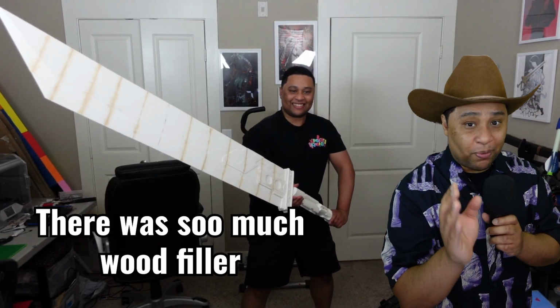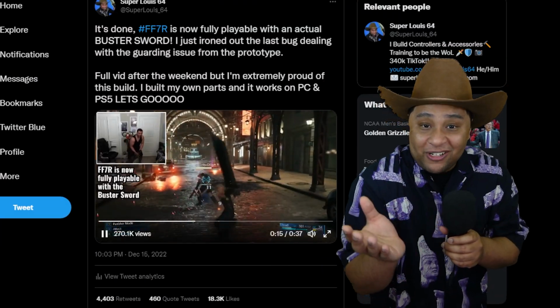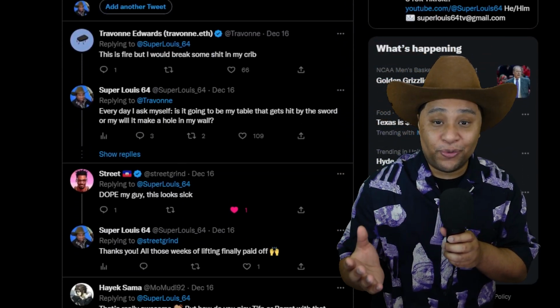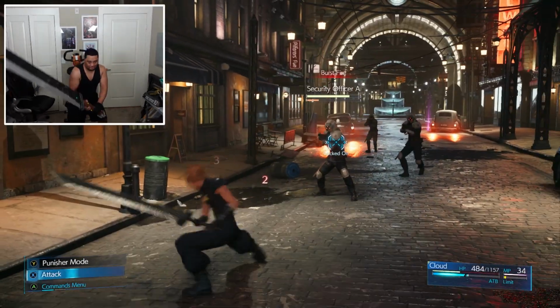It took about a week to print out the build and a couple more weekends of sanding and wood filling to clean it up. And I must have done a pretty decent job because I got a ton of comments asking if it was metal and it looked really good. And as someone who's really bad at crafting, to see all these really cool comments made me feel really good, so thank you. But enough of this nerd talk, let's do some jock things and talk about the motion controls